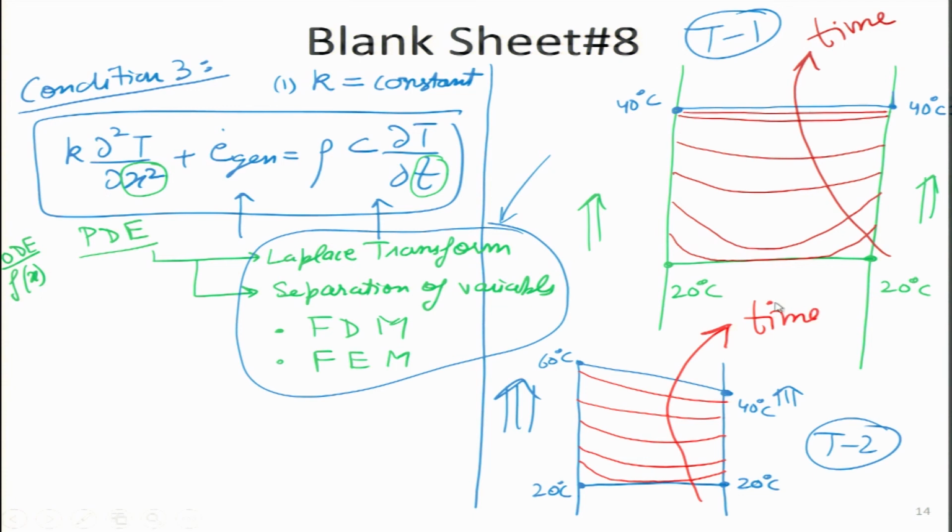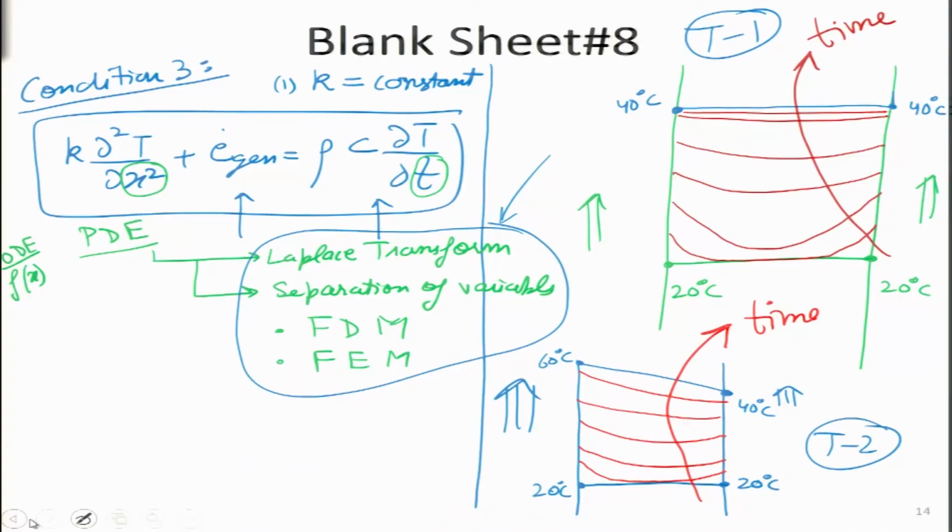I have shown this just for illustration, that for solving the 1D plane wall equation we can also consider different types of conditions. So, we have looked at 3 conditions over here. The first condition was very simple, in which a linear slope was being observed. In the second case we are getting the parabolic curve, and in the third case we are getting several temperature profiles as a function of time. So, it is increasing with time.